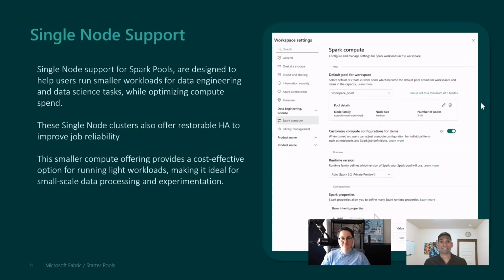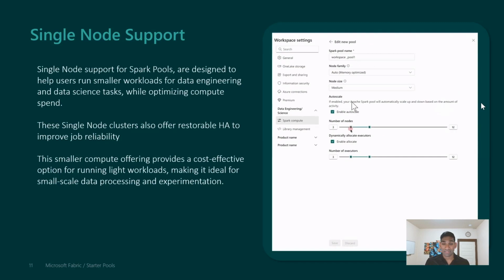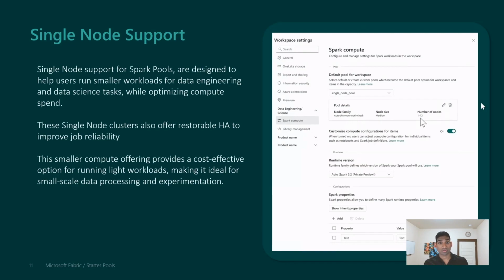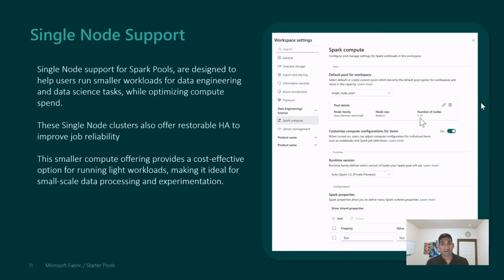So as part of the single node support, we not only support users to configure it to one node, but we also provide restorable HA, in which case users, when they're running jobs, if they run into node failures or session errors, we would still be able to restore the session so that they don't lose progress, which is a huge differentiator and also allows customers to have an option for a cost-effective configuration, or even save upon compute capacity when they are experiencing peak usage hours and not be blocked or throttled by other workloads in